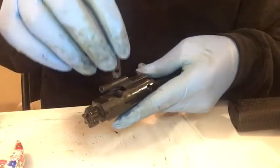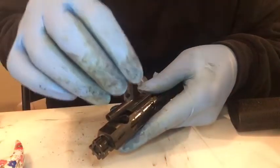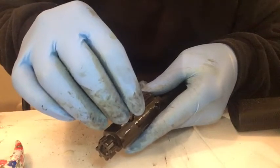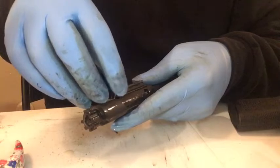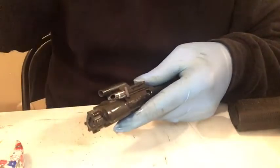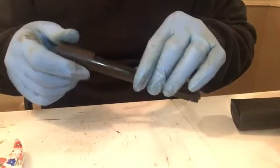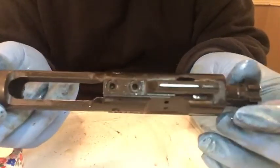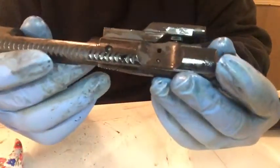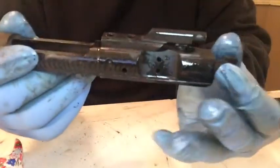So now this is going to be the tricky part, because this hole there is where your firing pin is going to be guided through. So the next bit of this I'm going to do in time lapse. So now that our bolt carrier is finished, this is what it should look like. It should move